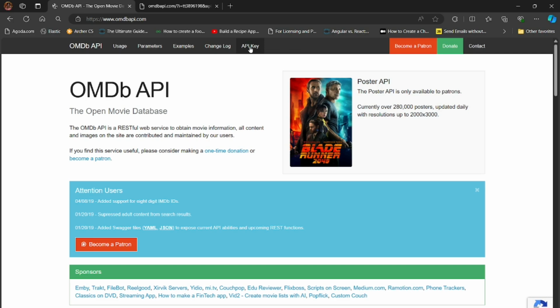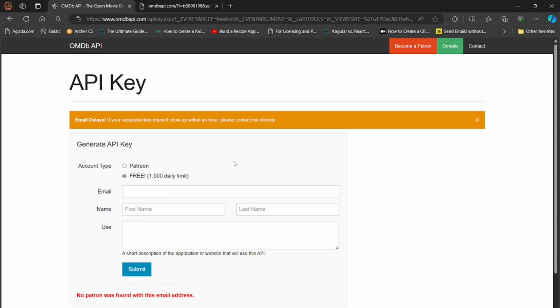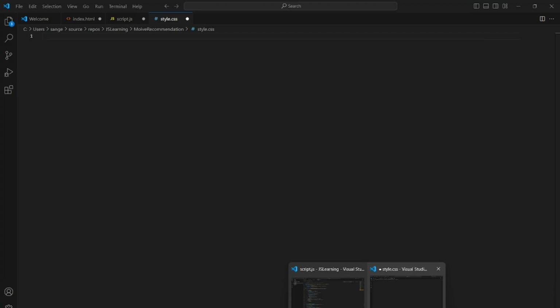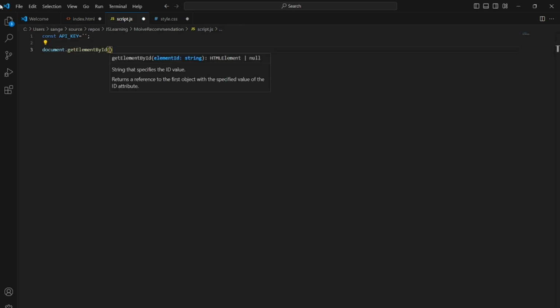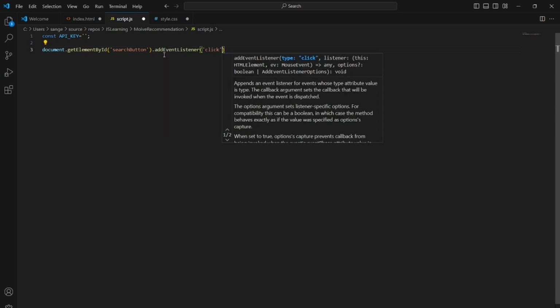This is the API which we are going to use. I am using this OMDb API, and when you register, you will get it free. First you have to register for a free API key, which can be used for 1000 hits per day. Once you do that, you will get an API